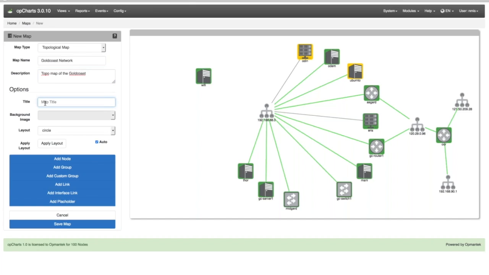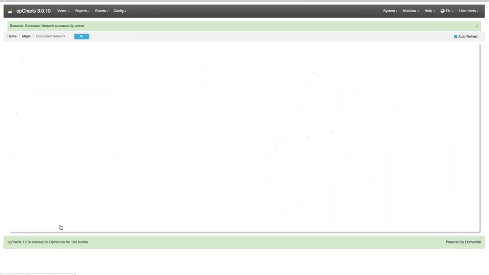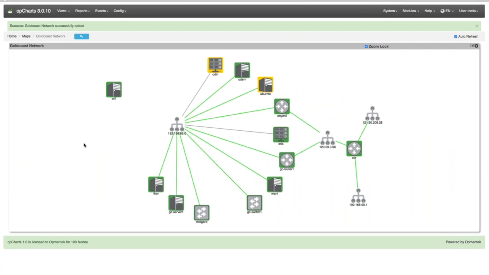A title to be displayed on screen, and I can go ahead and save that map. Now OP Charts will save the map and then switch me to a live view of that map. This map can then be added to any dashboard that I can create. I can simply select the plus button in the top right hand corner of that window, and I can also